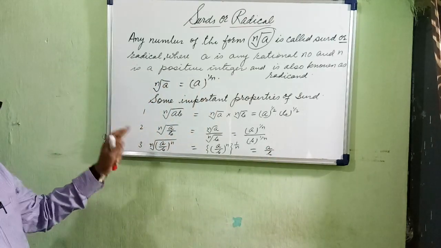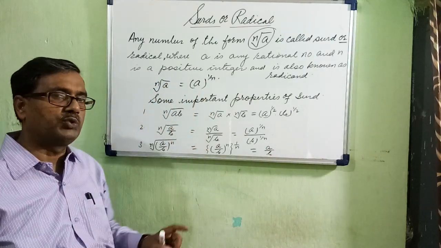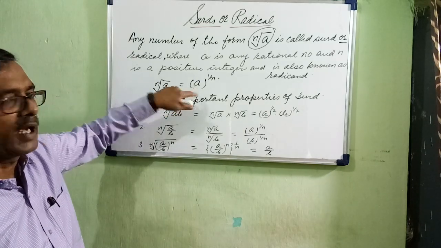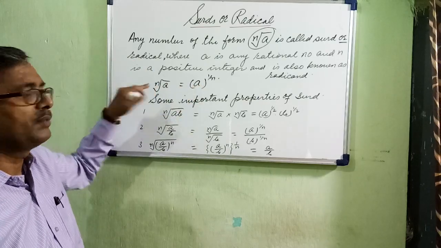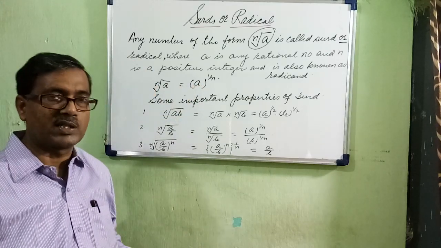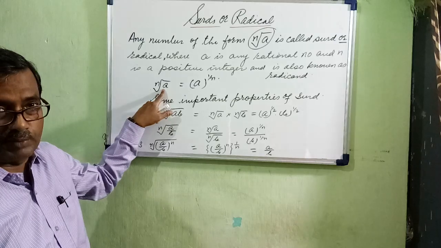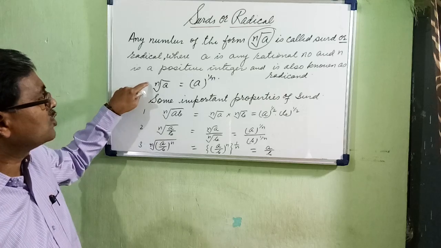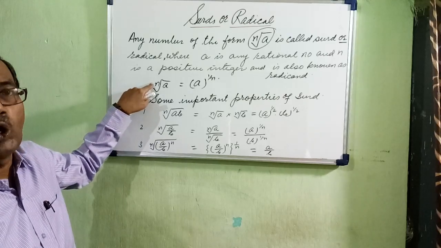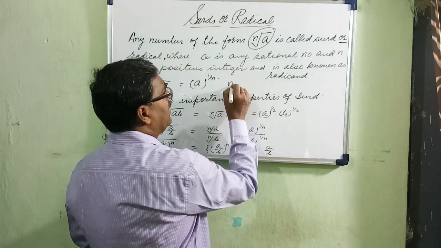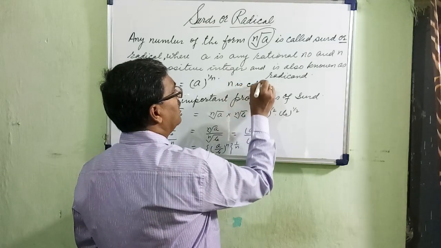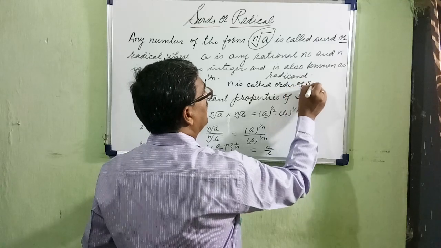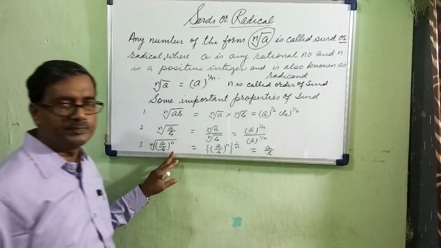So it is very similar to exponent. So that you have to keep in mind. What is the difference is, for the exponent, a can be any real number, n can be any real number. But for the surd, a must be a rational number, n must be an order, meaning positive integer. And what is called n? N is also called the order of the surd.